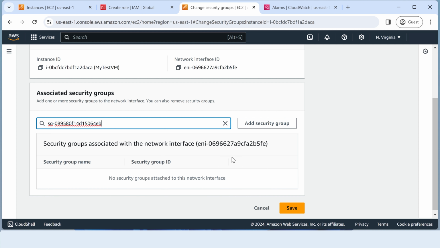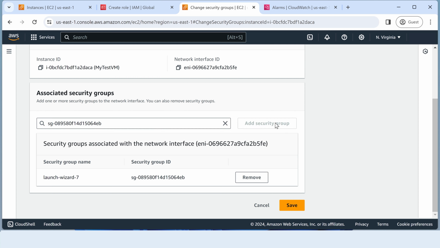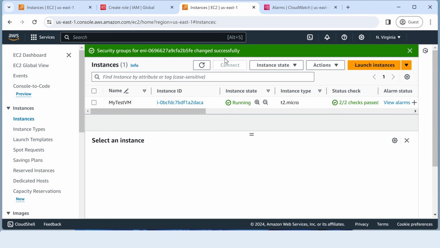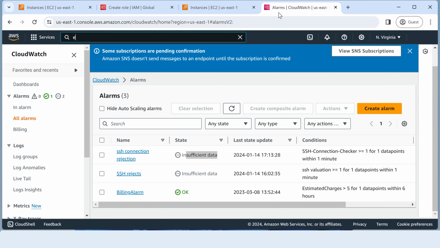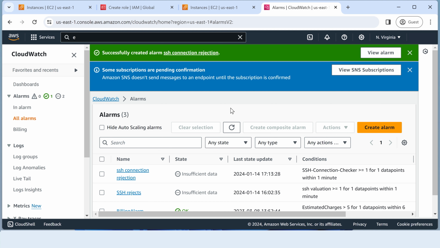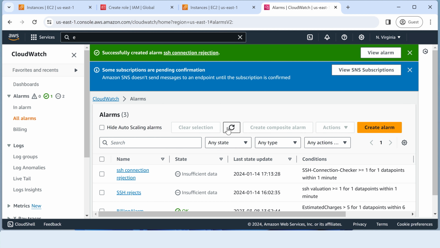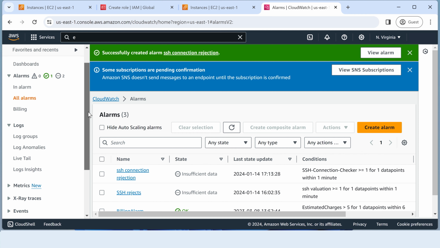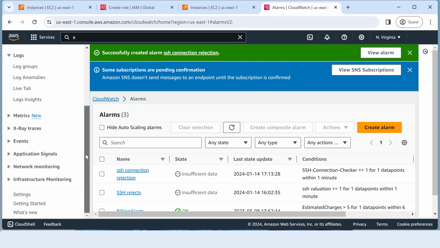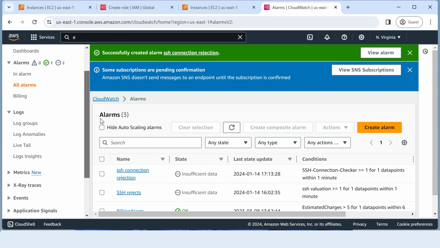This one has SSH enabled, then I'll add it and save. Once I have that added and saved, I can come back here and see if we have any data. So it's still showing us insufficient data. But whilst you're waiting, we can also start to review